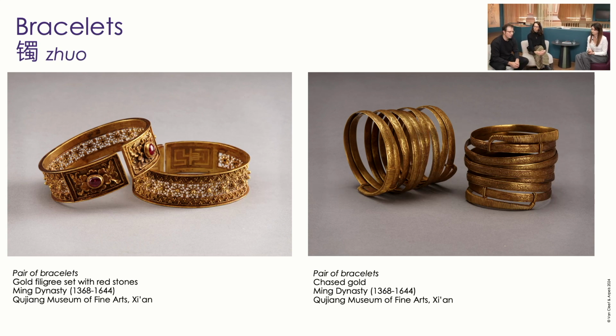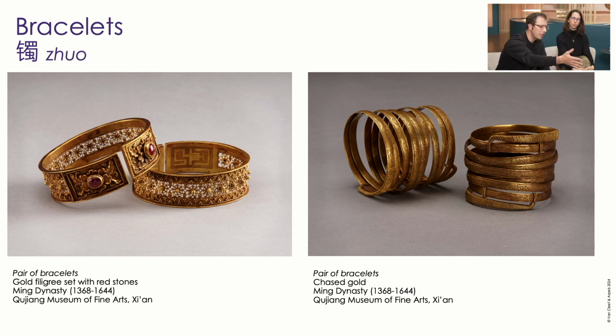And indeed, bracelets are very famous in China and everywhere in the world. Everyone, male or female, always has one on each wrist. They are designed to protect, and I would say the particularity of the bracelets here, the one on the left, is that you have an inscription inside which means in Chinese Fu Shou Kang Ning, and Kang in Chinese means